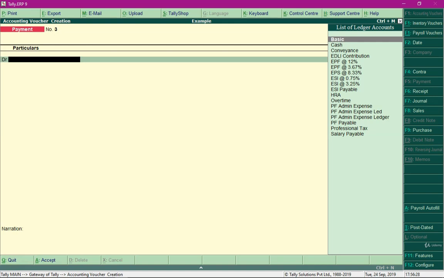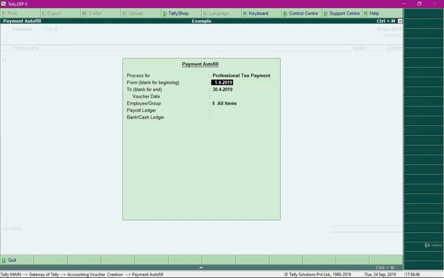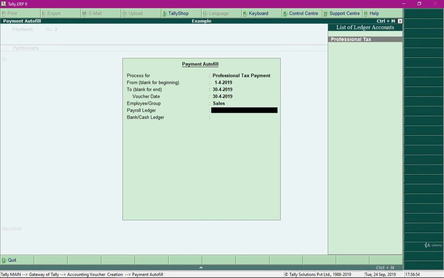So in order to process the professional tax payment, at the payment voucher, you need to press Alt A so that payment autofill options can be toggled, and over here in the field Process for, select the option Professional Tax Payment. Then specify the pay month and specify the employee group, which is Sales for our example,